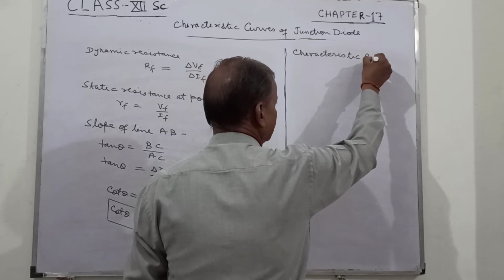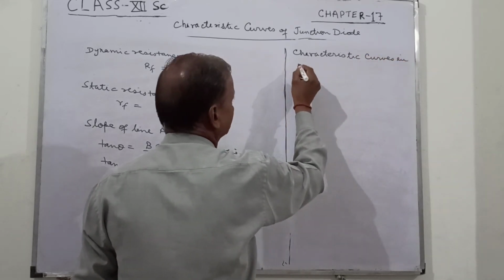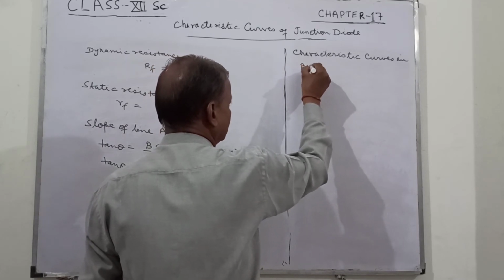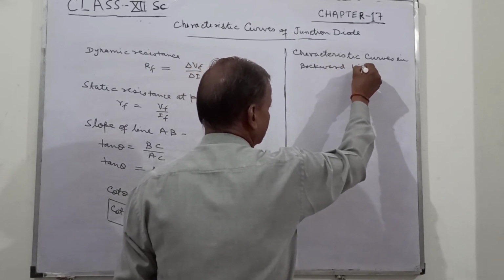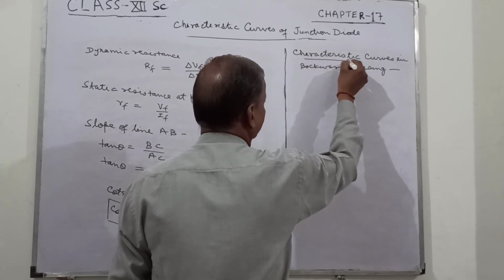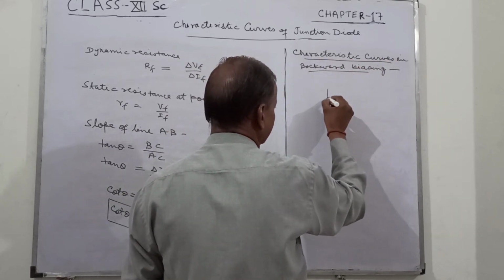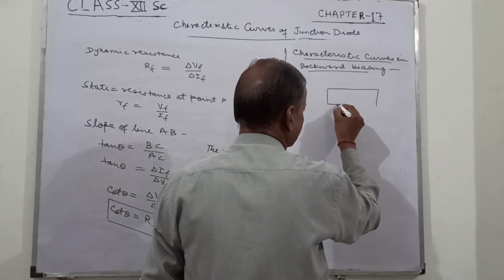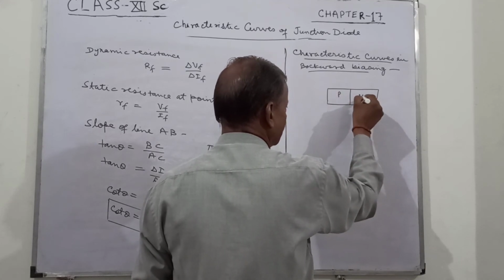Characteristic curves in reverse biasing. Backward biasing. Now here we take the diode. This is P part, this is N part,